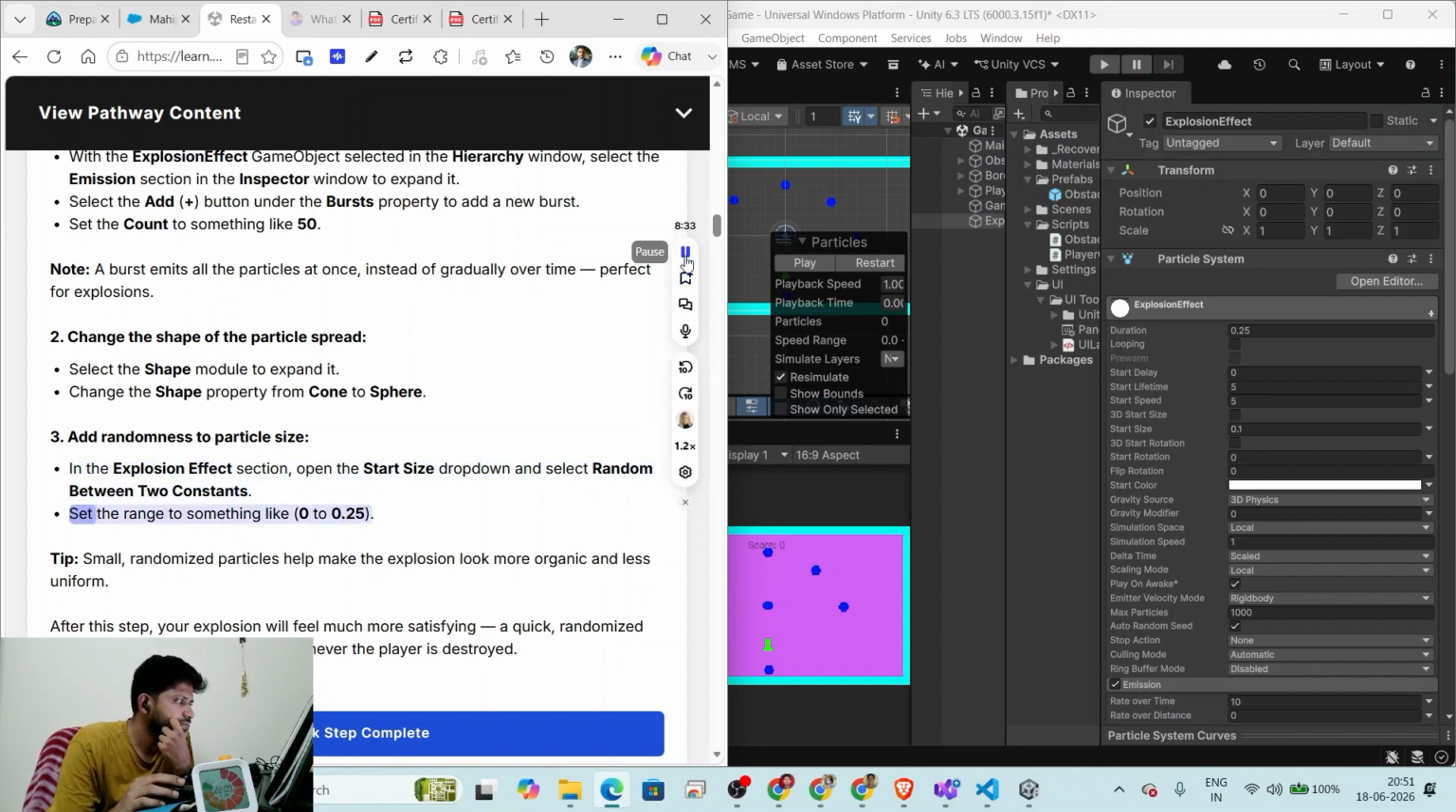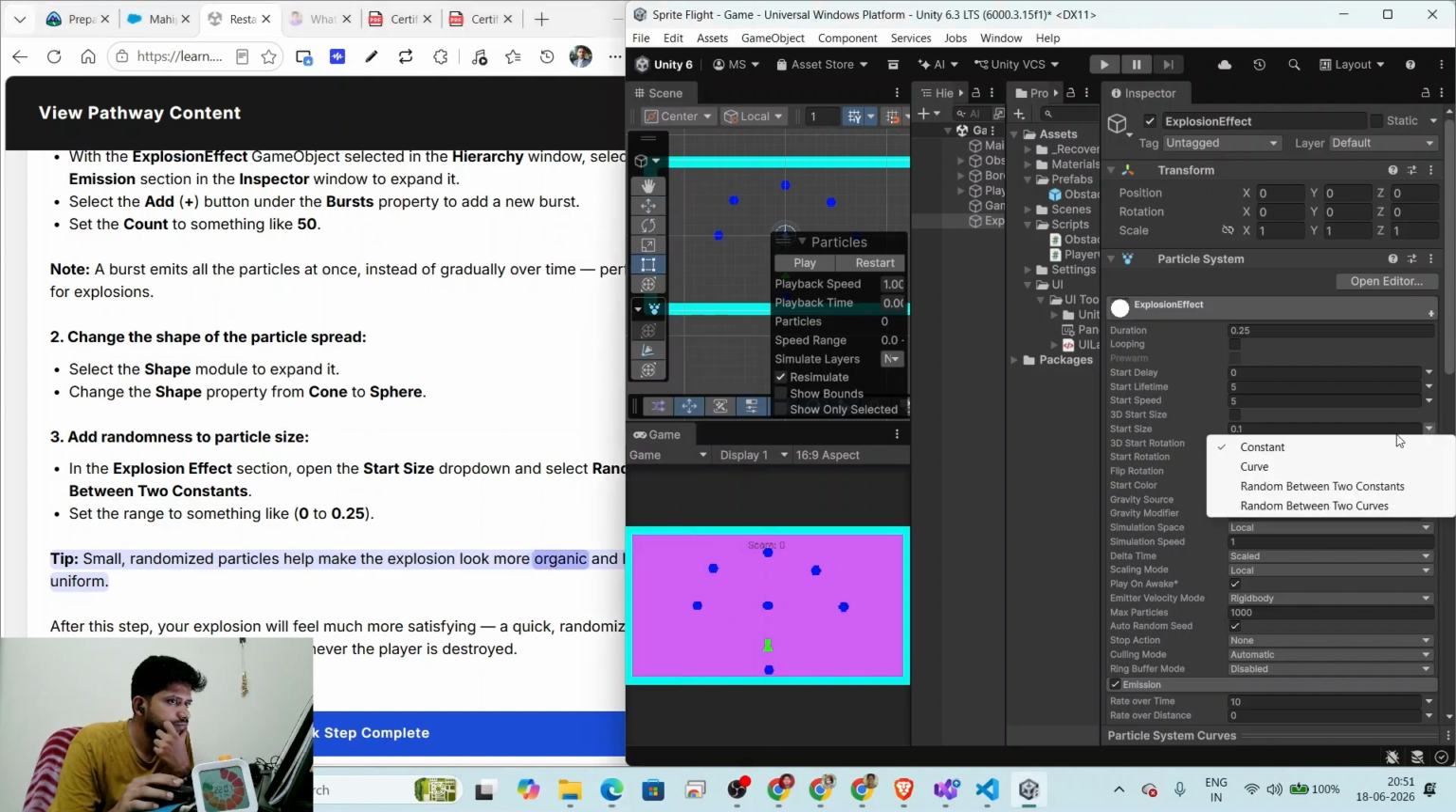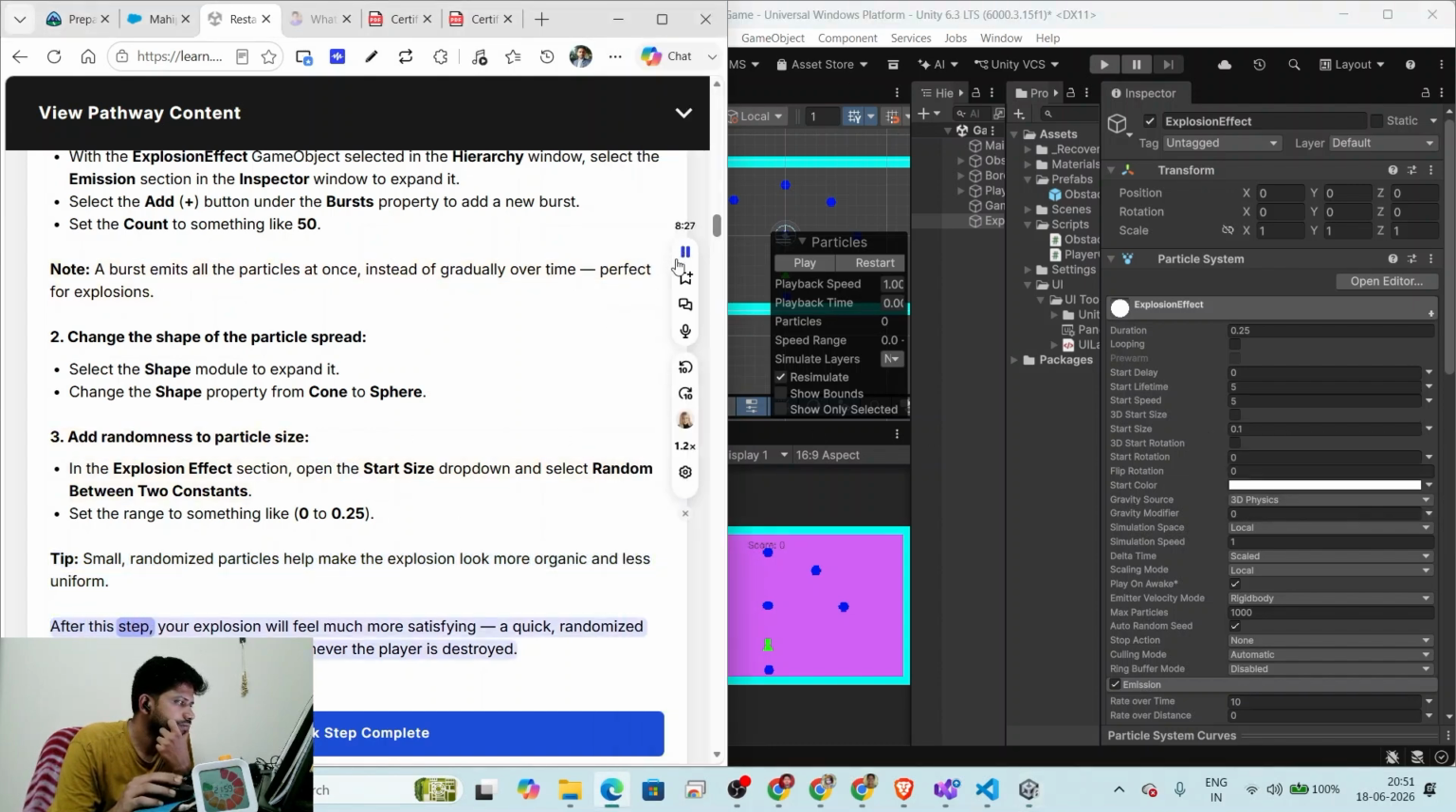Constants. Set the range to something like 0 to 0.25. Tip: small, randomized particles help make the explosion look more organic and less uniform. After this step, your explosion